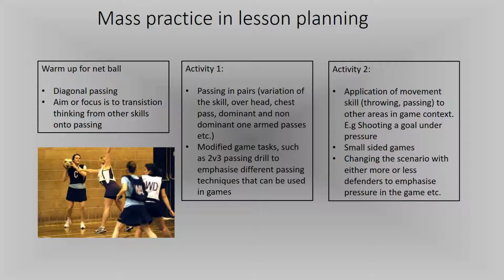For the next activity, I got them to pass each other one-on-one for 1 minute and report what they get in that 1 minute, and gradually adding bounce passing, overhead passing, chest passing, and one arm dominant and non-dominant passing. The next is similar, which has the dominant skill in mind, which is passing, and gradually adding other skills like shooting to get them ready for the game context. By repeating and getting to know different types of passing to see which one suits them in game context, they can pass the ball quick and efficient to another player.